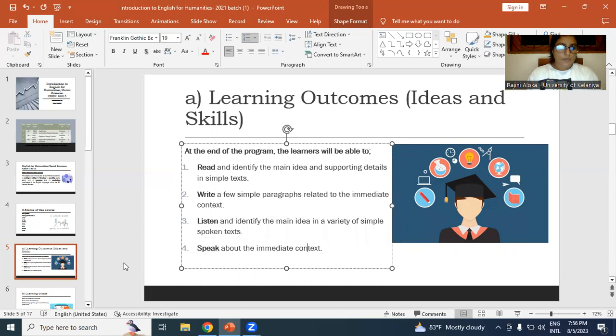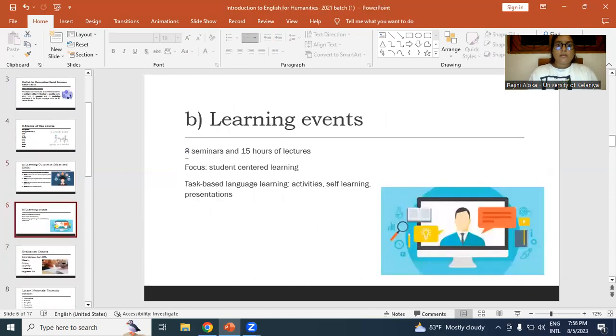Okay, so these are the learning events. You have 3 seminars. This is the first seminar, the introductory seminar. This is for 1 hour, and there will be another 2 more seminars covering 5 more hours, which will be done at the very end of the course, for you to revise and also to get the knowledge on how the paper will be,